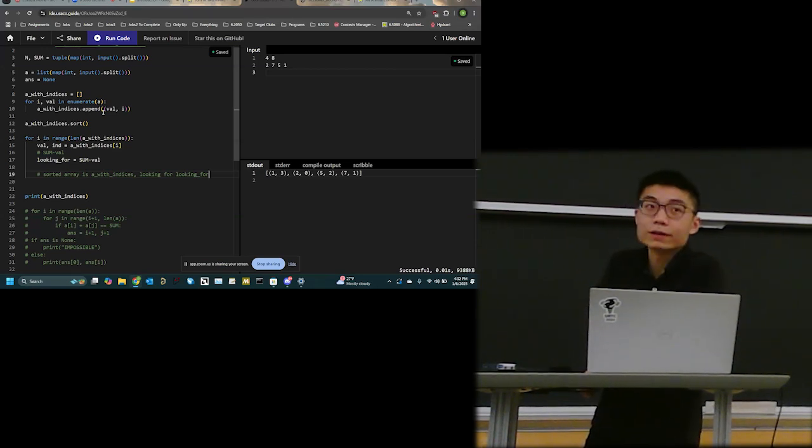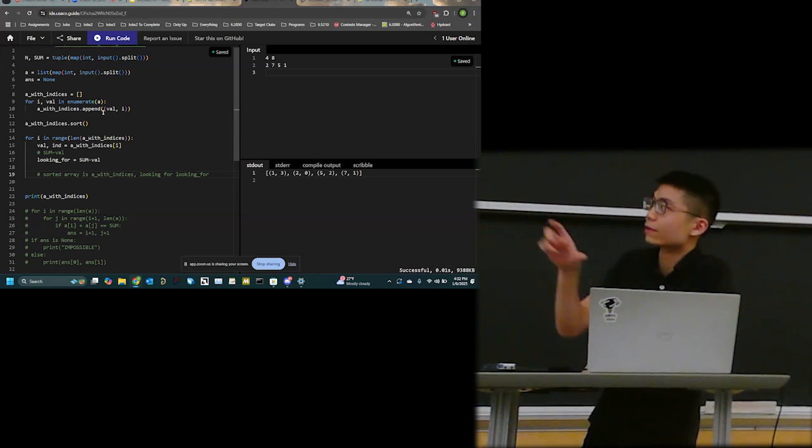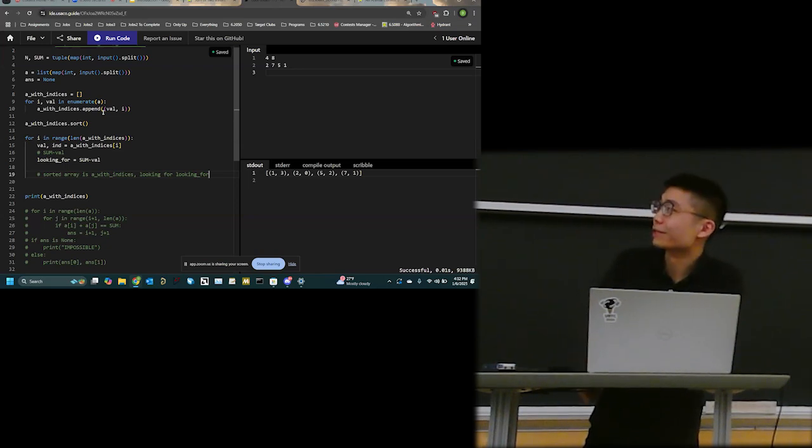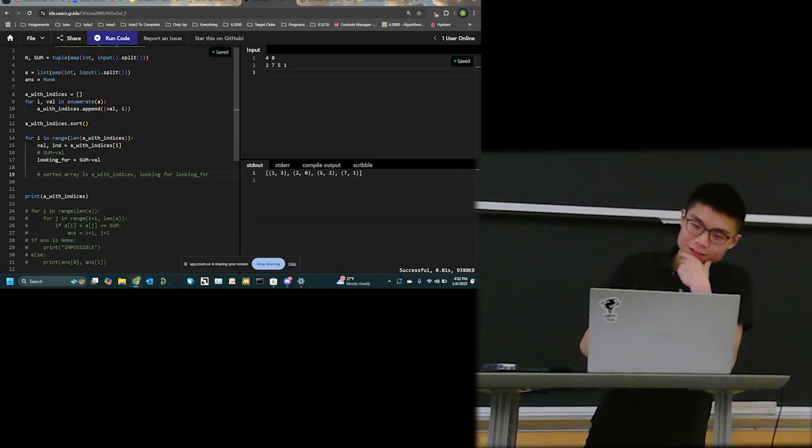And then if so, we found our desired value, and those two things sum to the correct amount. But there's actually a small detail here, which is that you might find the same value in the array as the value that we just had. As an example,